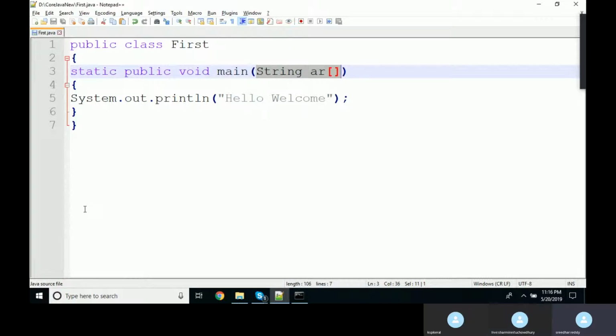Now, this main method will take the inputs in the form of command line arguments during compilation time. How to pass the arguments, all those things I'll show you later. We have an example for this. Now my question is,